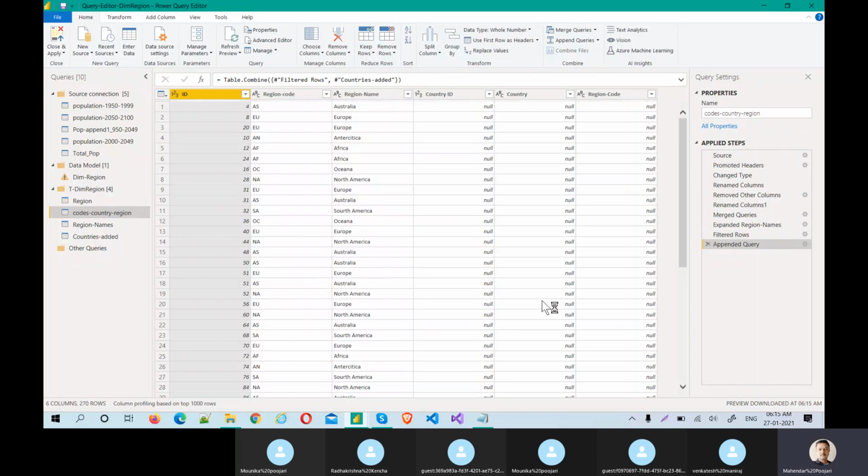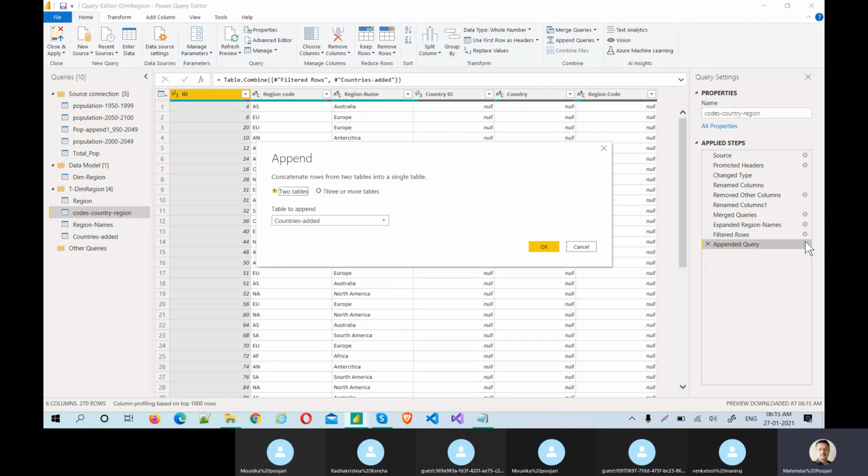Boom, something is wrong. Why? Actually it should have appended, but it's not appended. It actually came up with a kind of join. I should have only 3 columns, but I can see 6 and a lot of nulls. Something is wrong here. What could be wrong? So let's go back. The append query is wrong.